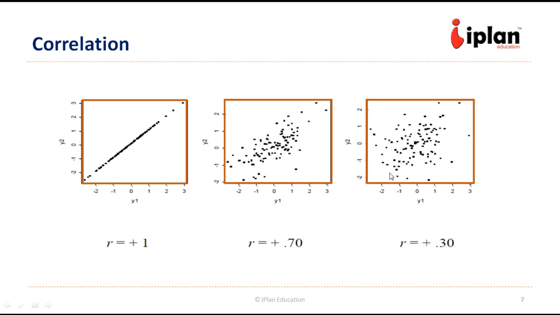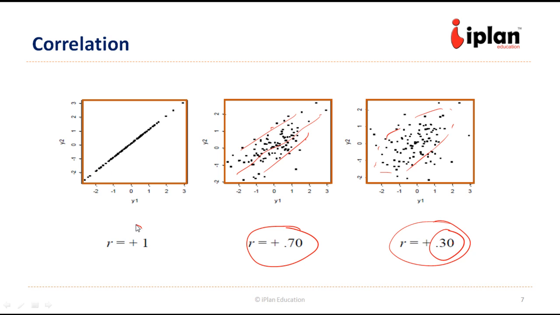Now this compares the extent of positive relationship. In this scatter plot, we observe that there is some positive linear relationship, but not very precise. So if we calculate the value, it will come out to be 0.3. Here we observe that the linear relationship is stronger in this case. So it is 0.7, and this is perfectly positively correlated. The value of correlation coefficient r, or we also call it rho, is +1.